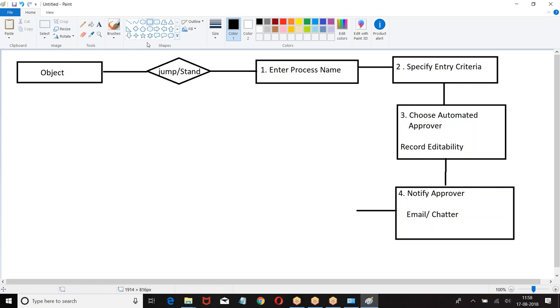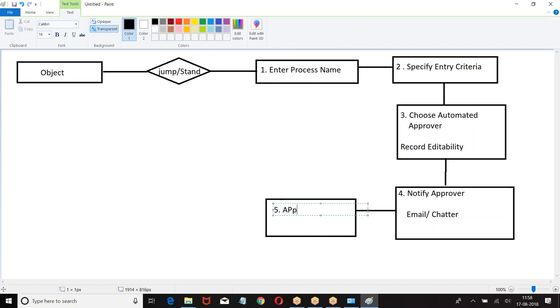Then step number 5. What is step number 5? Let us take the next one. Approval page layout.